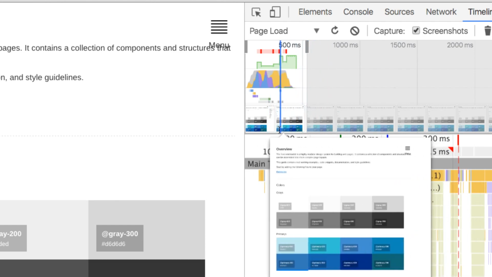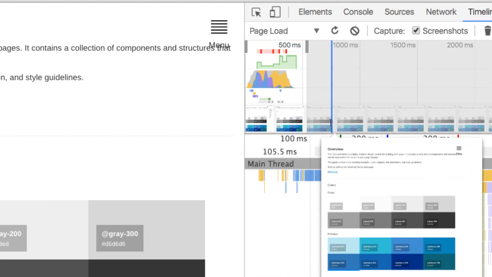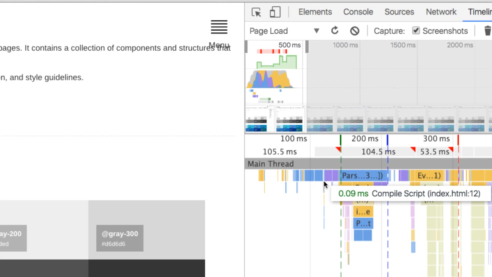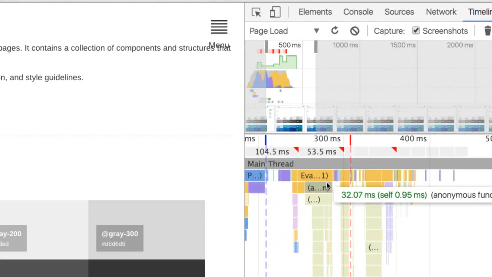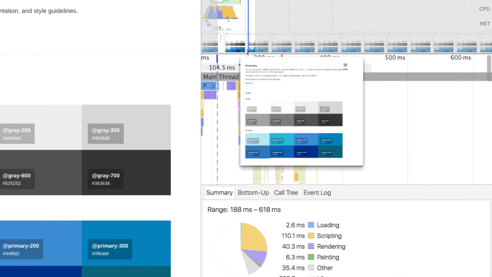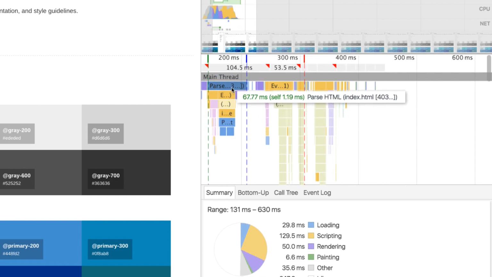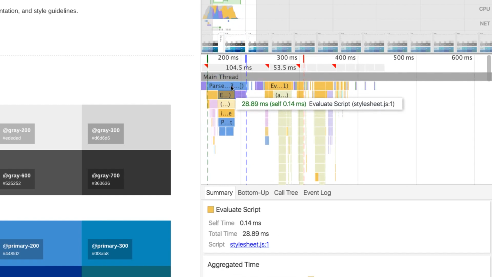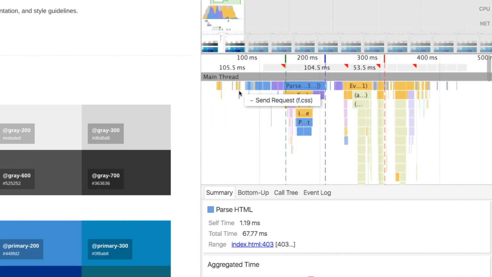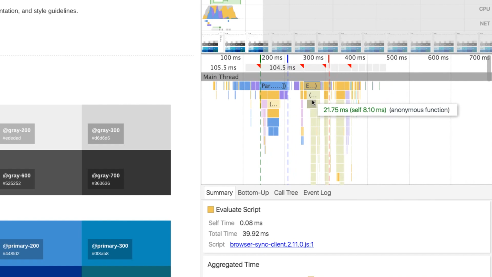So, but you can see at every stage, and Paul Irish demos this in some of his videos. You can see at every stage how your page is rendering as you go through your timeline. And then you can also see like what's causing your problems. So like if there's any lag, you have the same access to, parsing the HTML takes this long. You can swipe through here, expand and zoom in and zoom out, and you can see like which scripts are